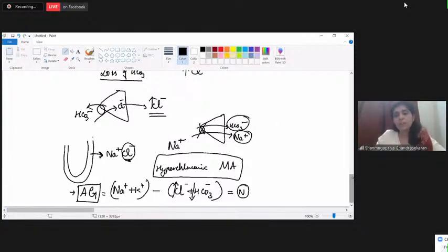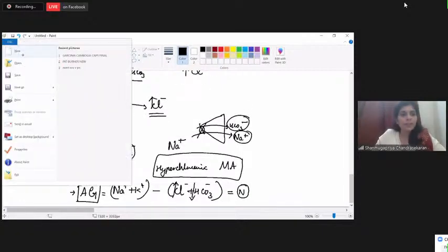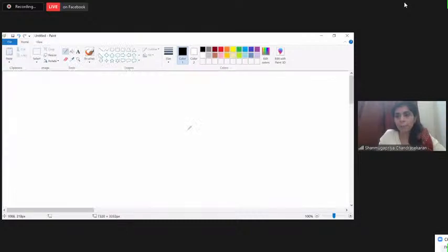Now, what are the causes of normal anion gap metabolic acidosis? Here, the bicarbonate is lost either through GIT or kidney. Example for GI loss of bicarbonate is diarrhea. Example for renal loss of bicarbonate is renal tubular acidosis type 1, type 2, type 4. Okay. Now, what are the possibilities of misinterpretations of anion gap?